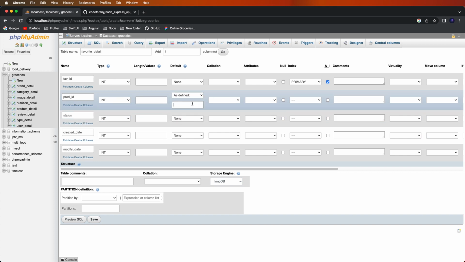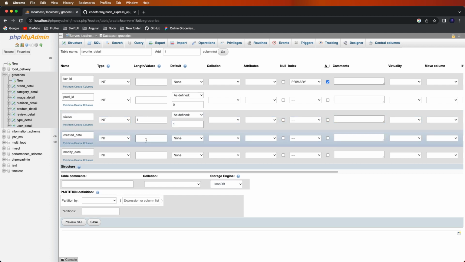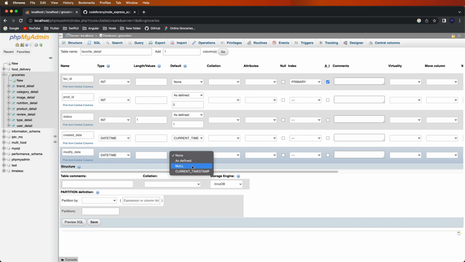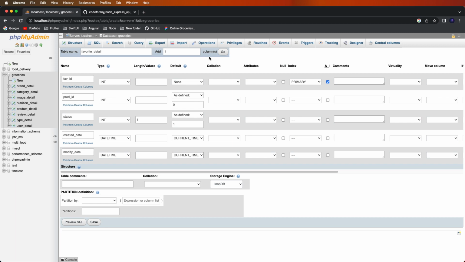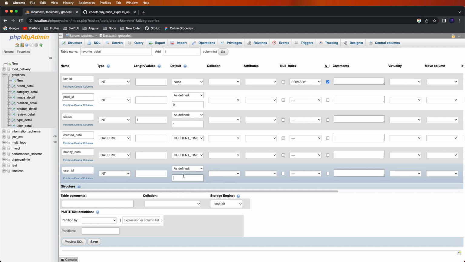Need to set by default as 0. After need to create one, by default give 1, and set the date time columns, current timestamp. Okay, now these favorite details tables are done. Inside we need to save which user inside this favorite, and one more column need to save here, write down here user ID, because we need to save the user against this product, the favorite or unfavorite status we need to mention. That's why I need to